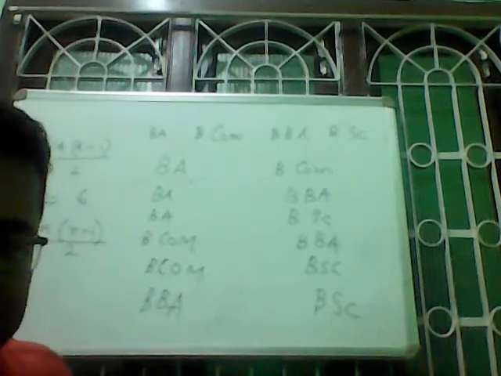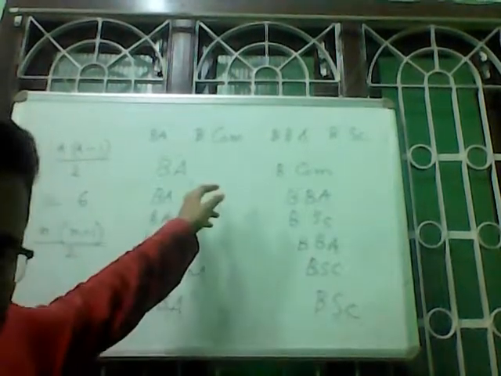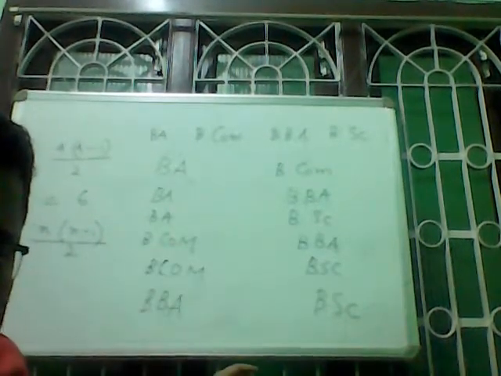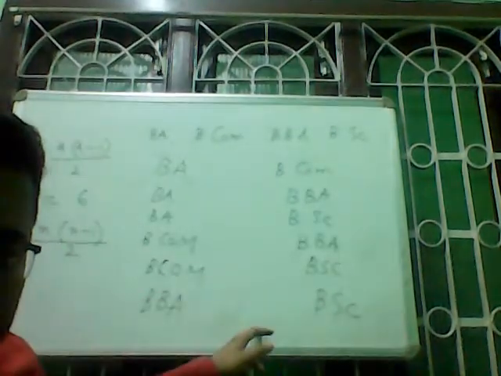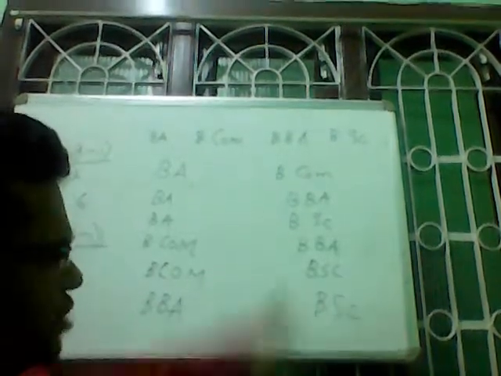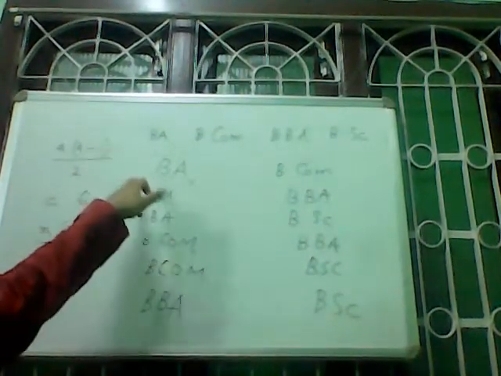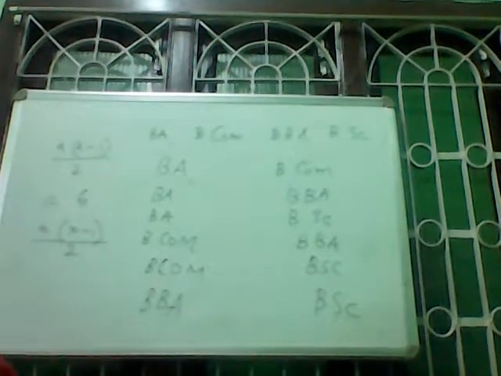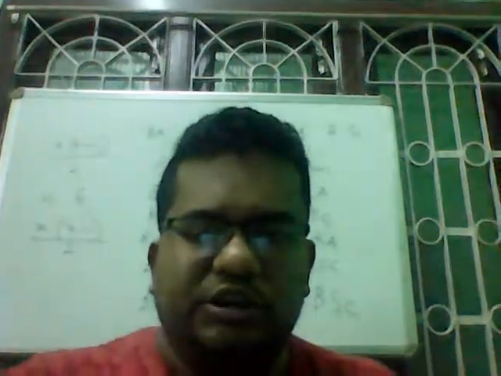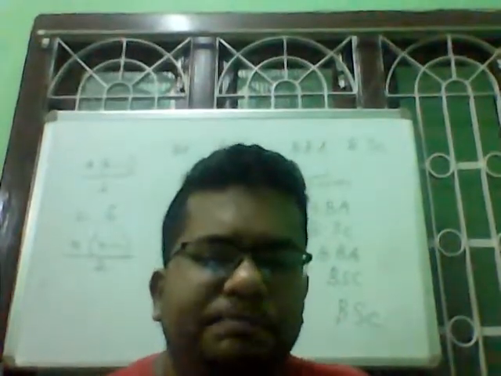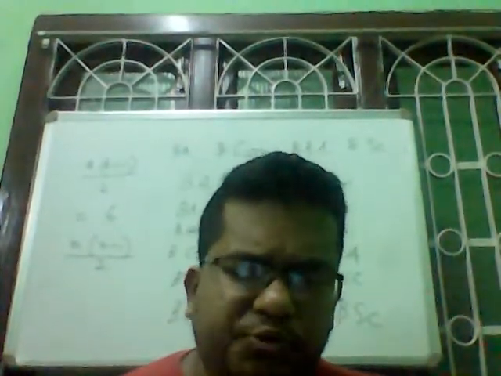Now he selects two courses at a time. So whenever he selects two courses at a time, the number of combinations comes out to be six. How? Because if there are four courses, then it is four into four minus one divided by two. So that has come out to be six. So similarly, if there are n observations which are supposed to be compared, then there will be n into n minus 1 divided by 2.